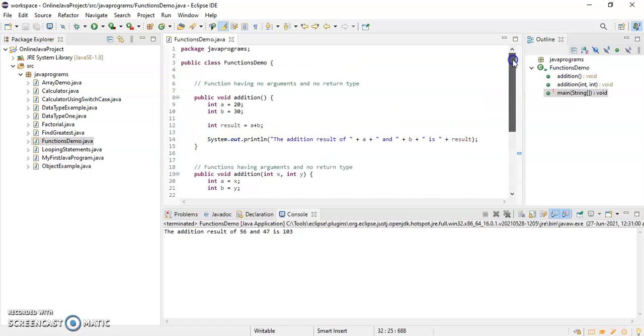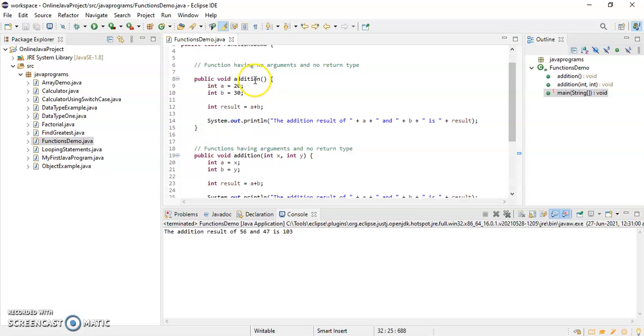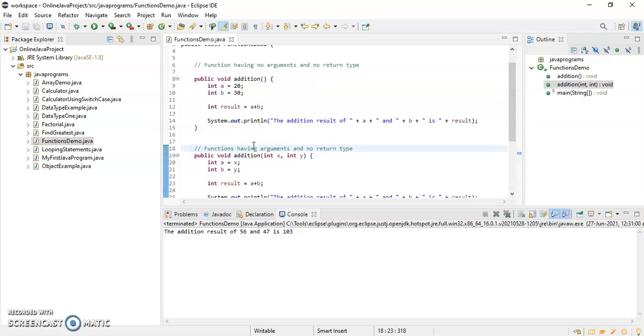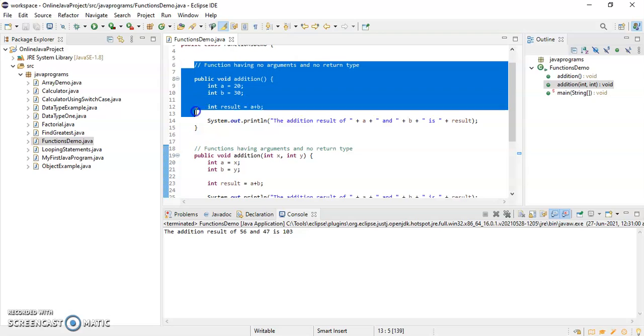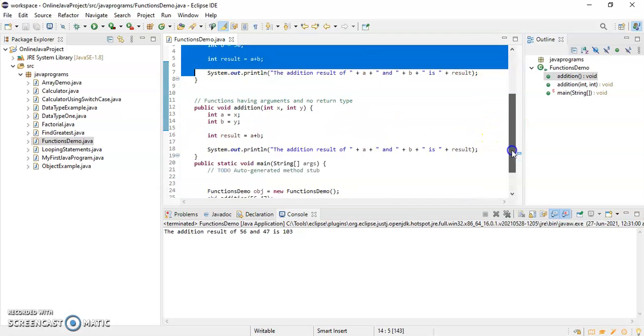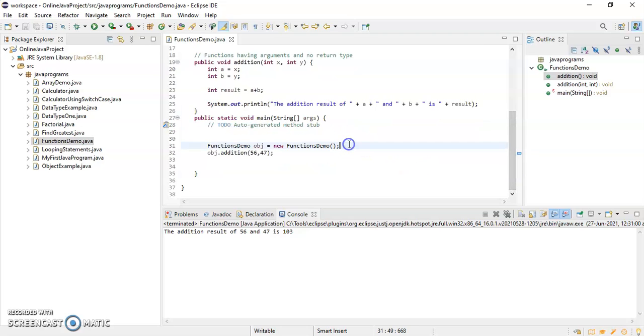Okay, so I have used method overloading here, if you see, because the function names are same. So we will see later what method overloading is, but as of now, if you see, the first function has no arguments and no return type, and the second function has arguments but no return type. Okay, so if I write the first function obj.addition, so I'll get two results.